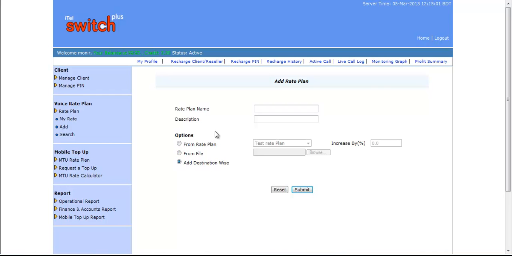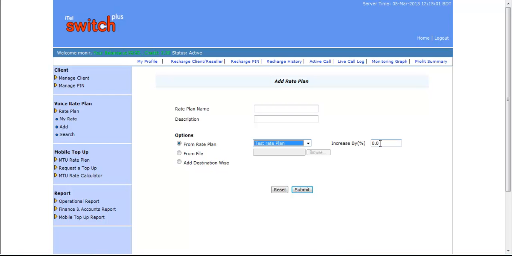Let me show you how to add a rate plan by using the From Rate Plan option. If you select From Rate Plan, then you can use an existing rate plan from your billing. Now, if you want to increase all its destination rates by a certain percentage, then you can use the Increase by